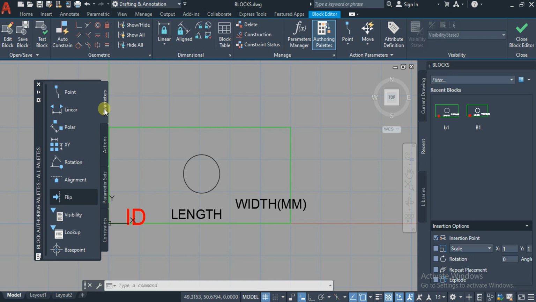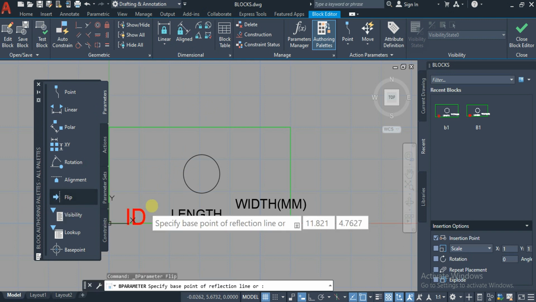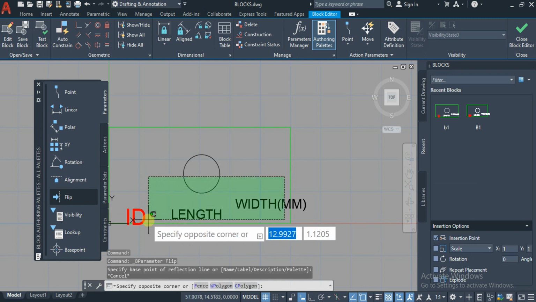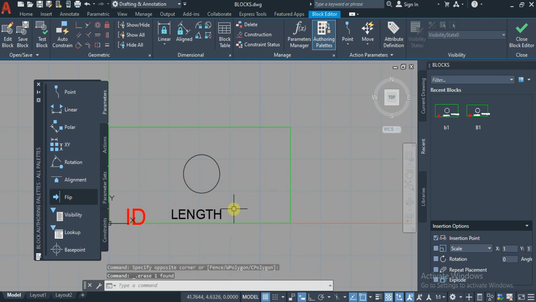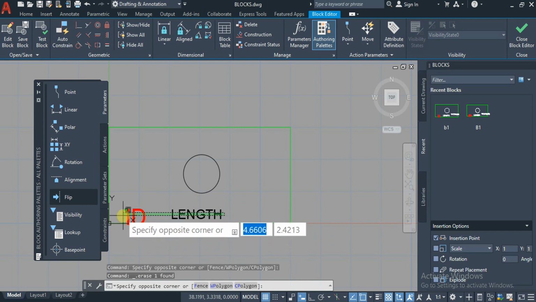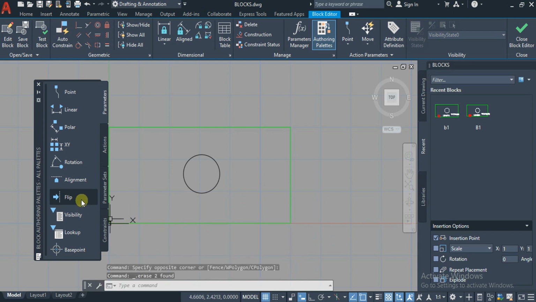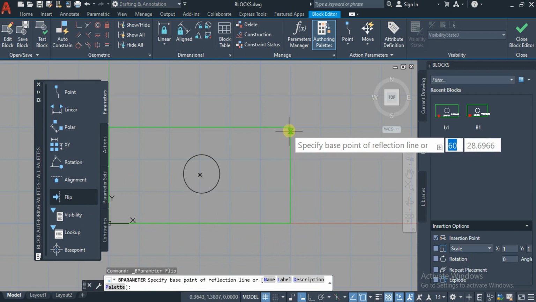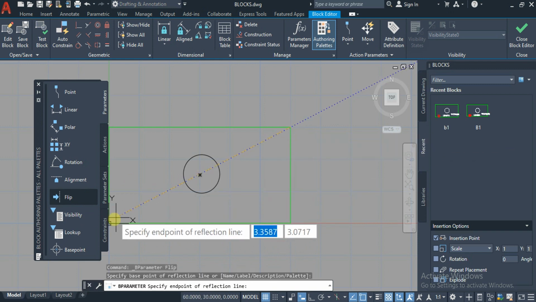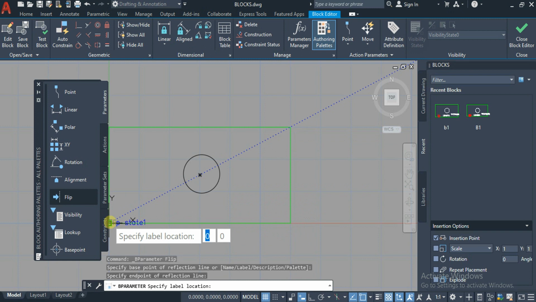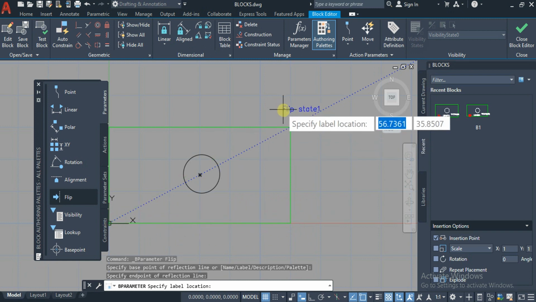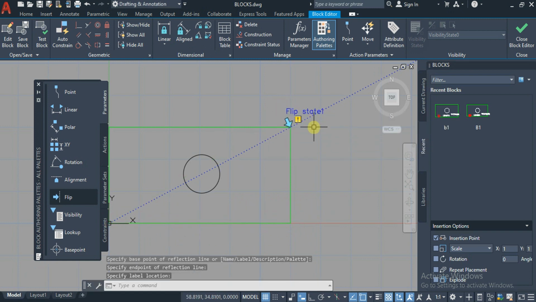to apply the parameters. Okay, so for example I want to flip this object. So just going for the flip option, and let me delete all the attributes here so that we can concentrate on the total block object, that is on geometry. Actually we can apply it for attributes too. Right now I'm going to take flip, and I want to apply this flip in a diagonal position like this. From origin to the total diagonal, and wherever you want to keep this flip state label you can click over there, and we are going to get this exclamatory mark.